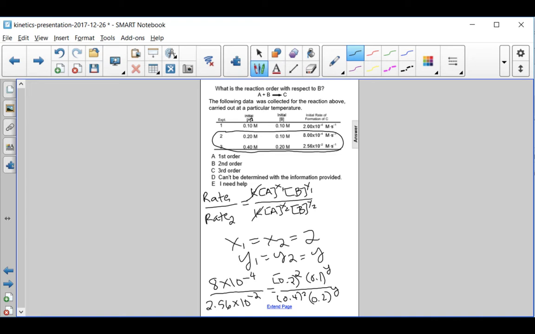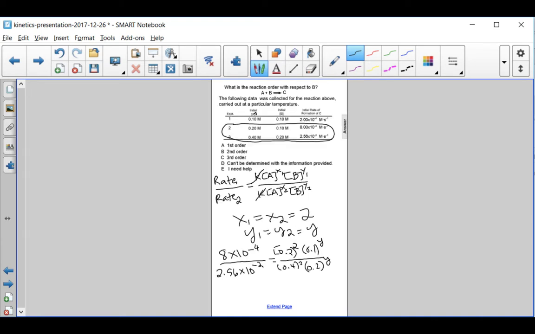From here, it's just a little bit of algebra. So the left side of the equation simplifies down to 0.125 is equal to, the right side of this boils down to 0.5 to the y power. And do a little calculator work here, and you get that y is equal to 3. So the reaction is third order with respect to